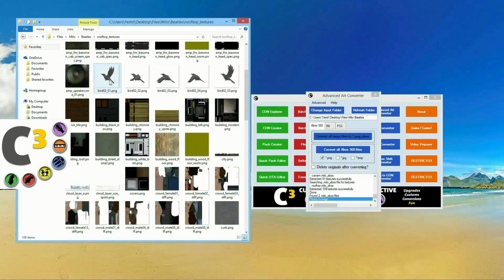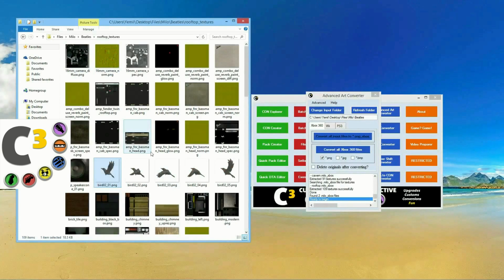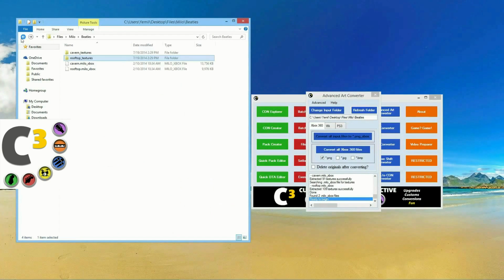Now we're looking at all the textures that they use on the rooftop video on the Beatles. So you got some birds, I don't know. And you can do the same thing with RB3 files, with any of the games. They all work now. I think even most of the Dance Central games are also supported now. So